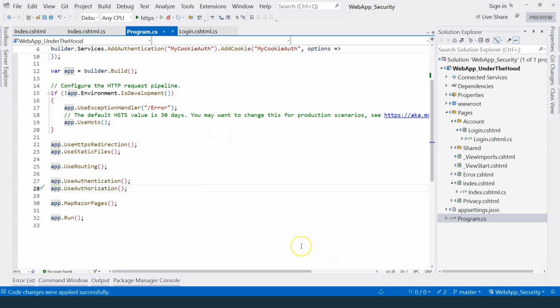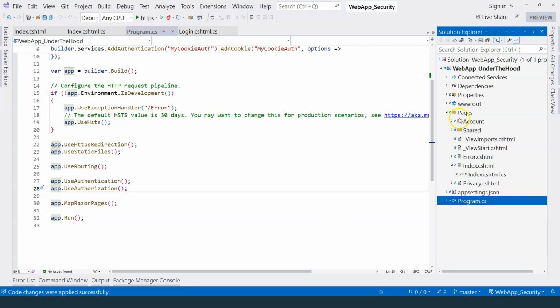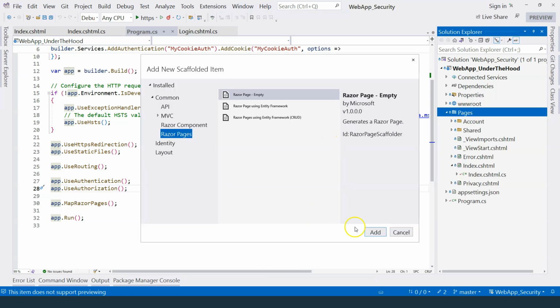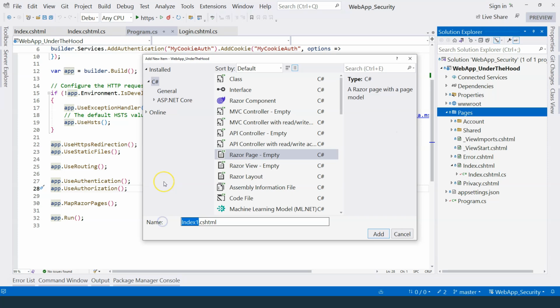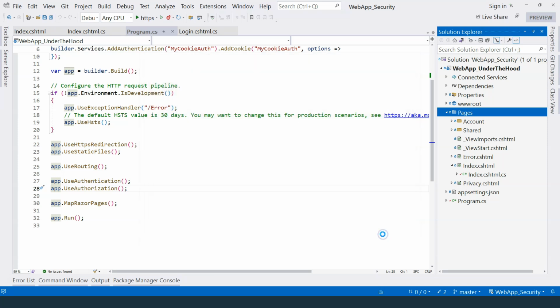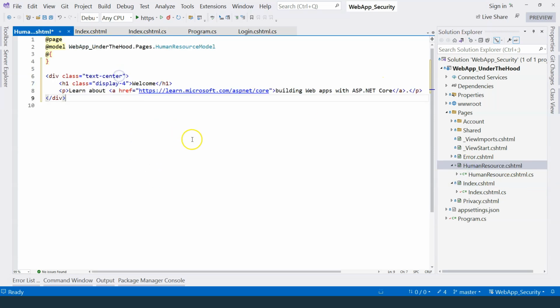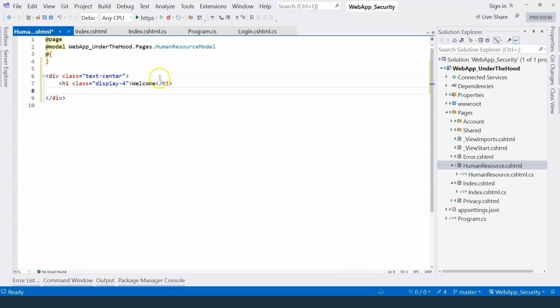The next thing we want to do is to create a human resource page for the human resource department. It's going to be the human resource department's landing page. So right click on the Pages folder, and then we're going to say add a Razor Page. I'm going to add an empty Razor Page and I'm going to name it HumanResource and click on add. For the markup, we can just copy the index page. We can just copy this whole thing and then put it over here. Although we don't need this learn about. And we're going to say, welcome to human resource